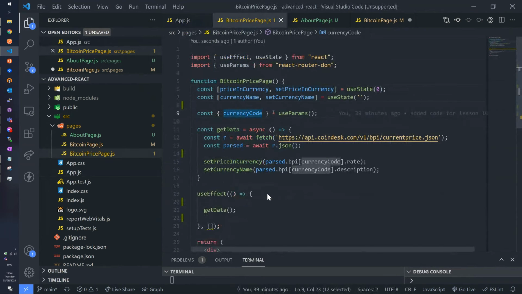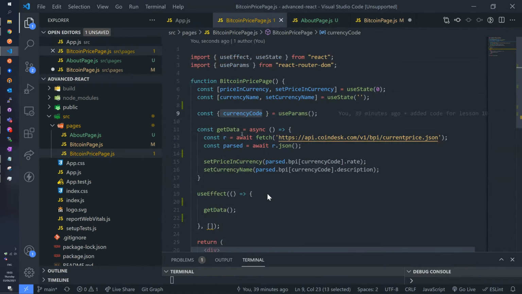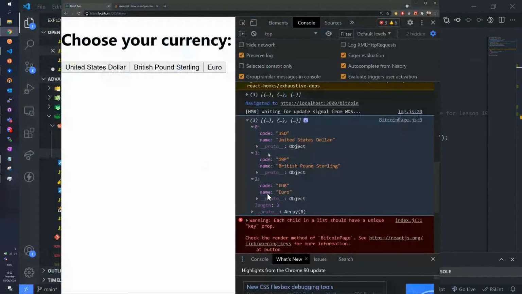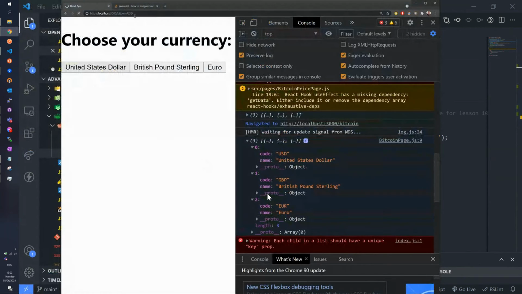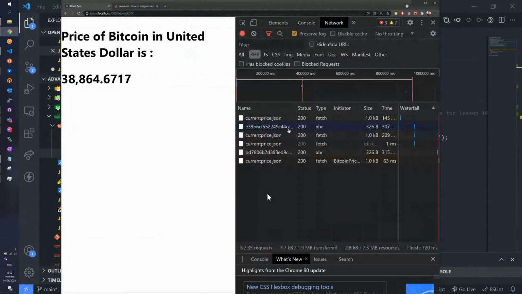So there you go. So now inside my component, wherever I'm going to read the value of currency code, I'm going to get either GBP or USD or that other one, right? So what I want to do now, I am downloading that data from the API as it was there. And I want to specifically read this BPI with that currency code specifically from the URL. So just another reminder. If I am on a web page /USD, I want to go to the network.